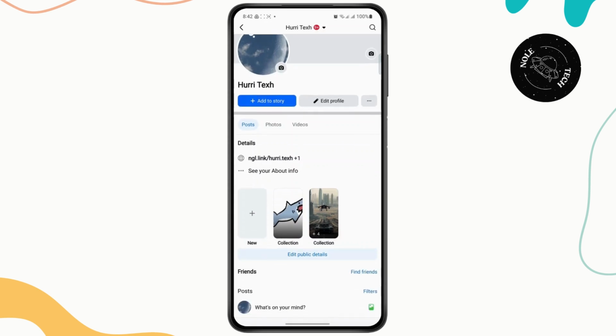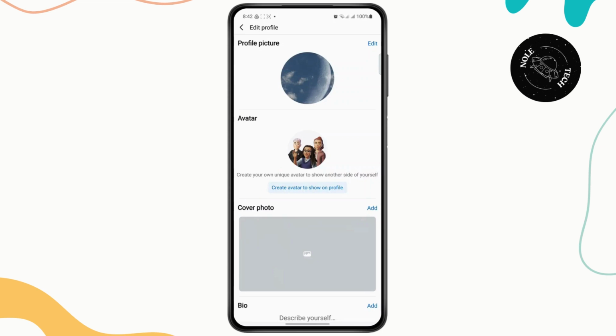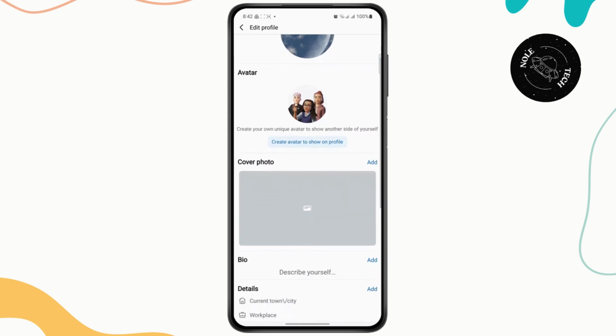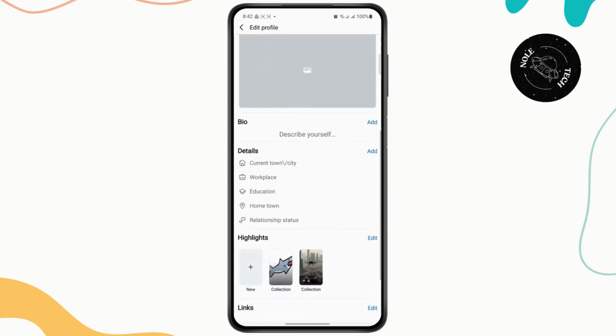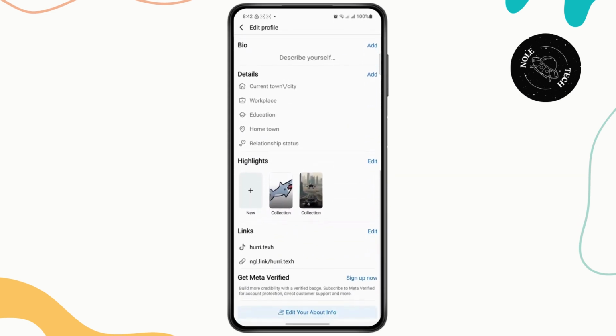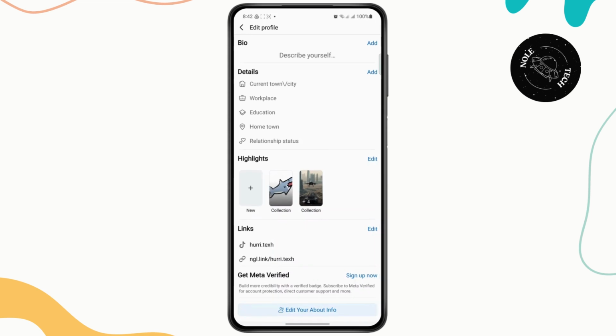Then you'll have an option to edit public details. So just tap on that button. And once you get here, you have an option to edit your profile picture, your avatar, your cover photo, your bio, and your details such as your town, workplace, education, hometown, relationship status. And finally, you'll have an option that says links. Tap on this edit links icon on the right side